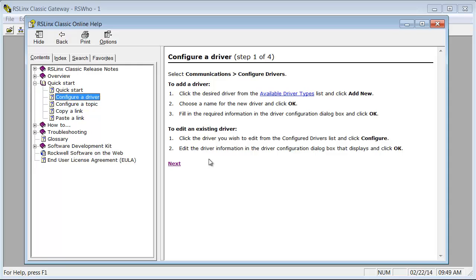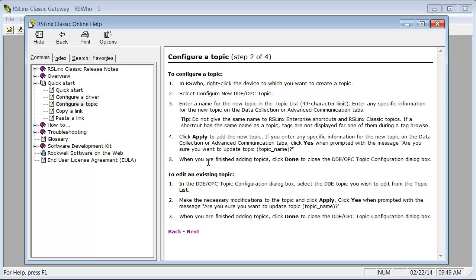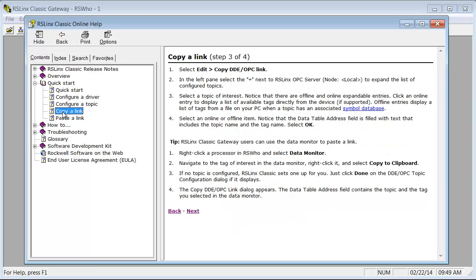Here it explains how to configure a driver, how to edit an existing driver, configure a topic, edit an existing topic. These are things for DDE and OPC. Copy a link. If you do get around to using, we'll say, Microsoft Excel or anybody's spreadsheet to access data in the controller, you basically create a path and then you copy that path, called a link, and you paste it right into the cell in Excel, into the spreadsheet, and you'll see the data in that cell update real